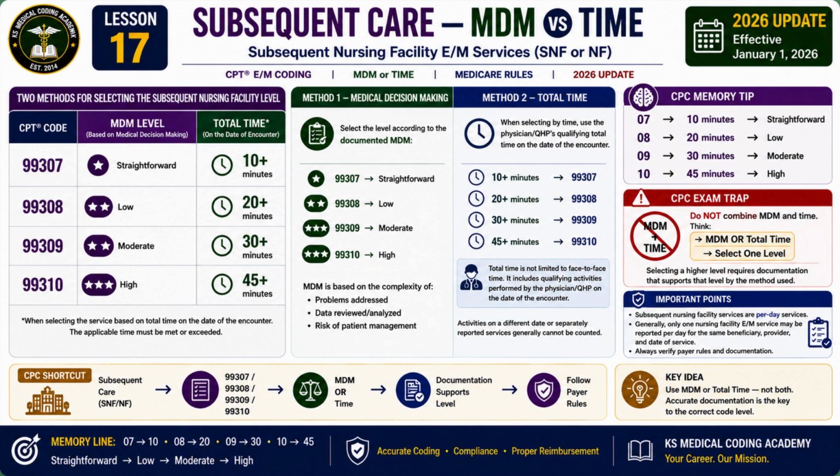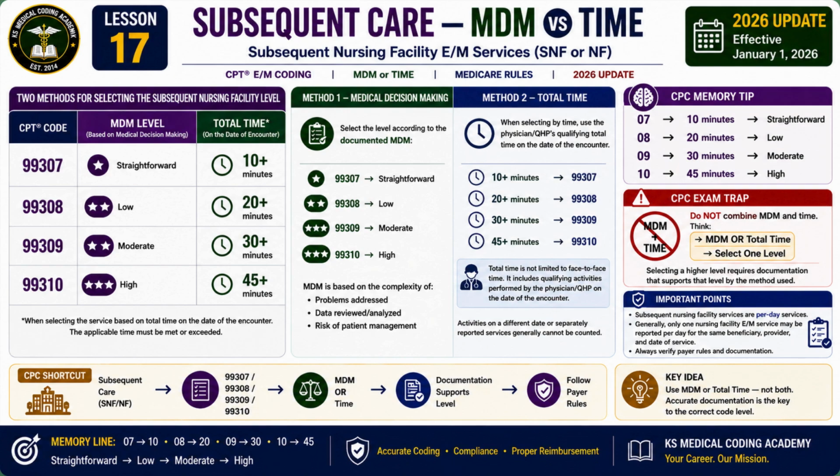Remember, do not combine MDM and time to create a higher level. Think of it as MDM or total time → select the appropriate code. When using MDM, consider the documented problems addressed, data reviewed or analyzed, and risk of patient management. When using total time, qualifying physician or QHP time on the date of the encounter can be counted according to the applicable CPT rules. For the CPC exam, memorize this sequence: